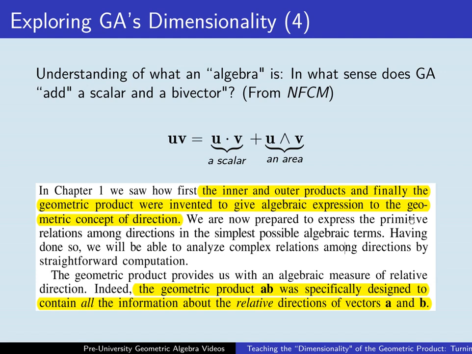So the most important thing to get from this passage is that the geometric product is an invention with a certain purpose. And that purpose was to capture all of the information about the relative directions of two vectors. He called them A and B. We're using U and V here. So as we saw earlier,